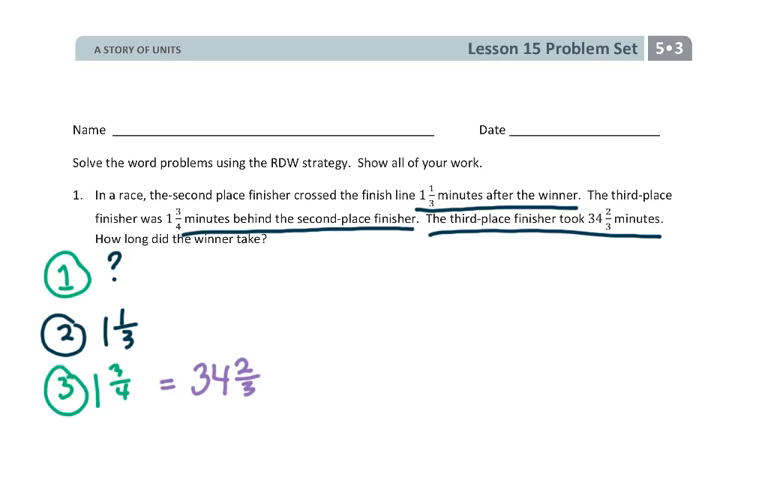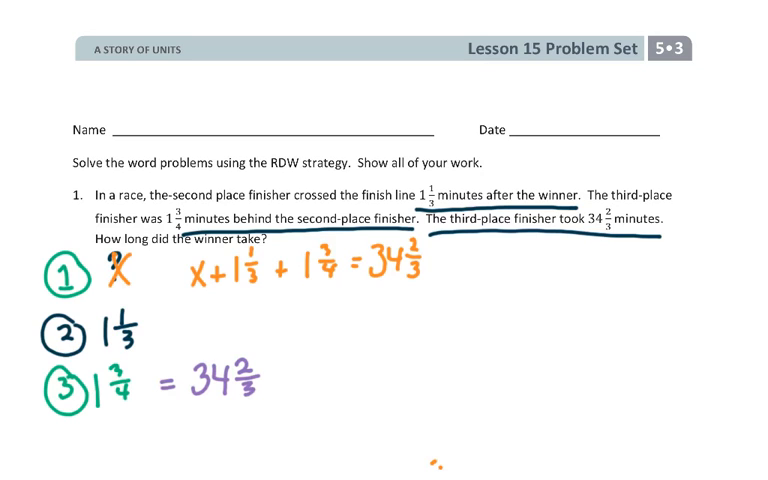So, like I did in lesson 14, we're going to use X here because we don't know how long it took them. But we know we have the first place finisher plus this time gave us the third place finisher's time. So if we have X, and then it's 1 1/3 minutes after that, so we'd have to add that. And then another 1 3/4 minutes gave us a total of 34 2/3 minutes for that third place